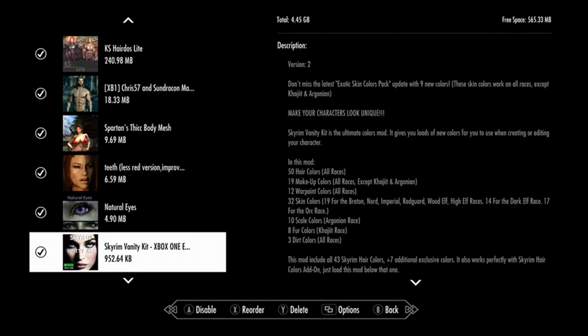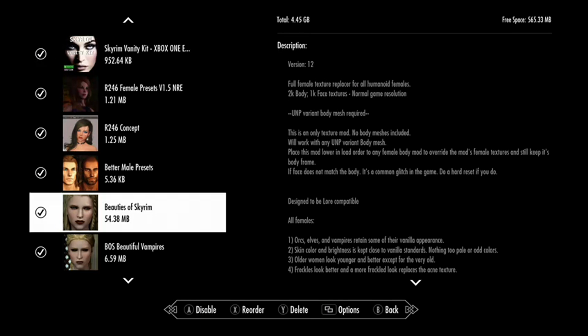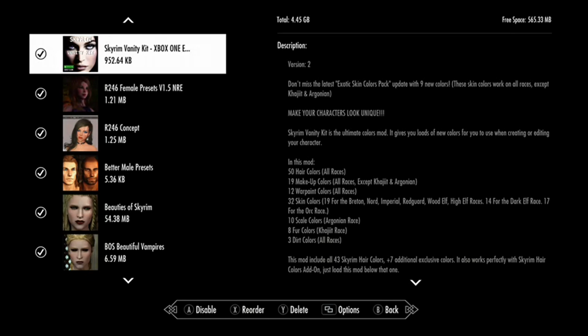This Vanity Kit, now what does this do? This is hair colors, makeup colors, and skin colors. Oh, this is the one. This is probably what prompted the question. Because this has different skin colors and hair colors and paint colors. And I'm using this mod,